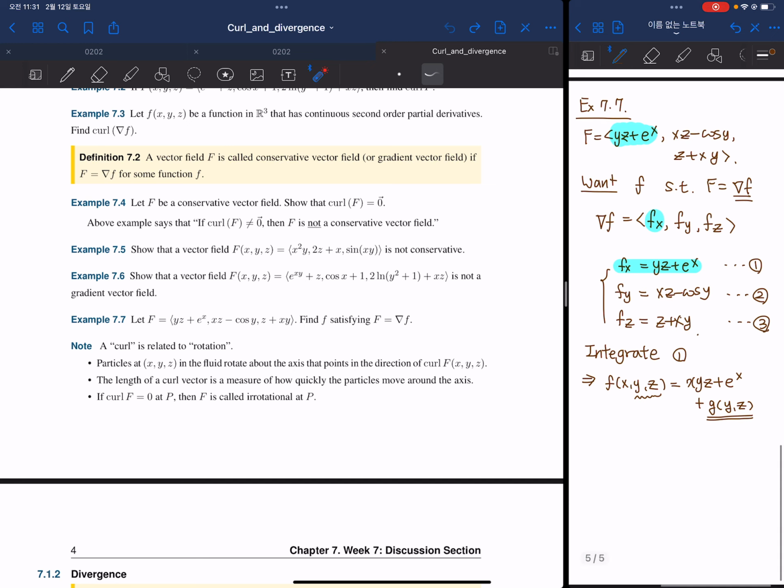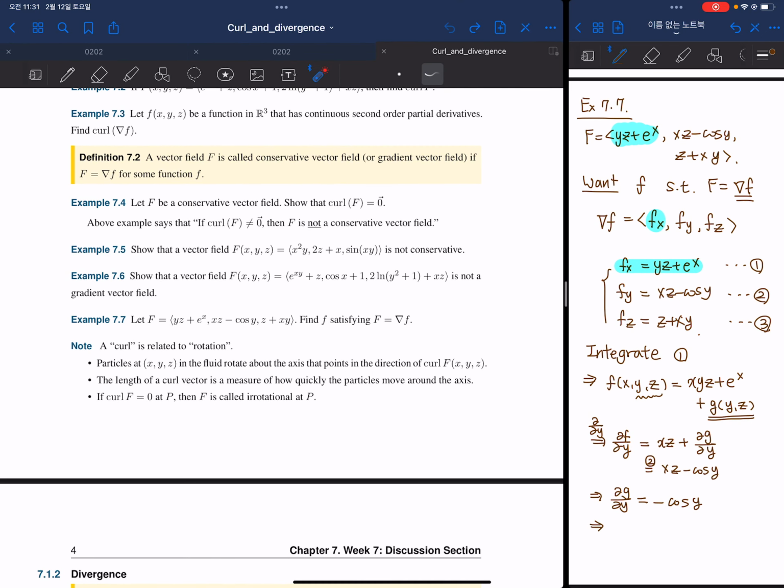Okay, and then to use the second equation, we just take a derivative with respect to y, then you will get df dy, and the right hand side becomes xz, and then plus dg dy, right? And you can compare this one with the second equation, which says that df dy is xz minus cosine y, so you can say that dg dy is actually negative cosine y,